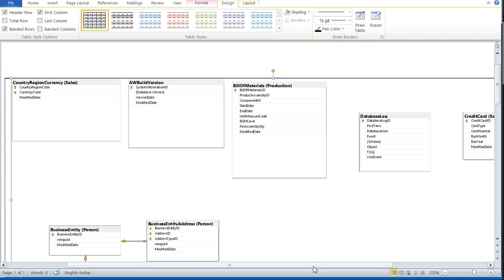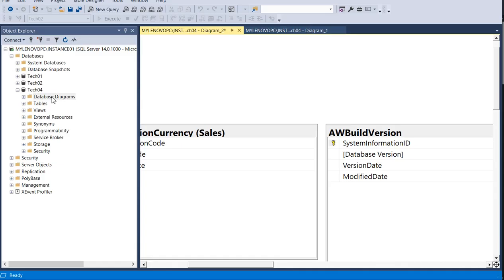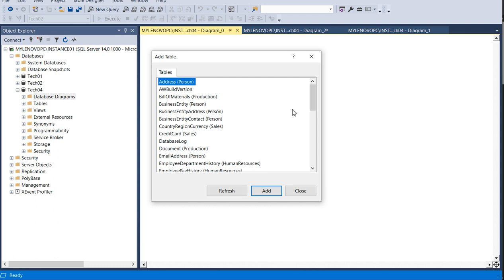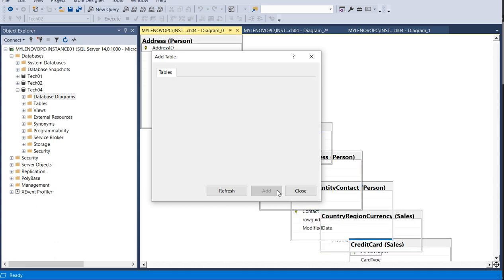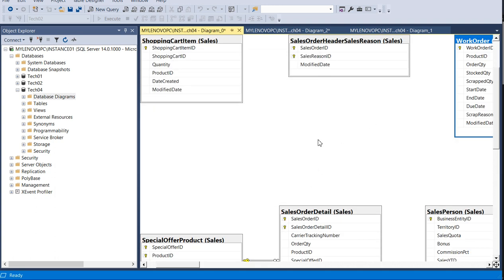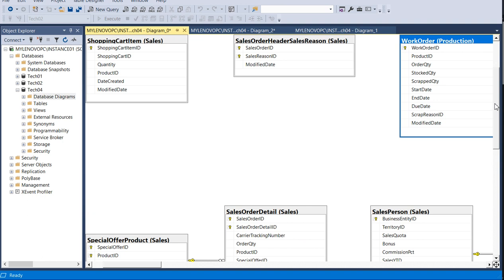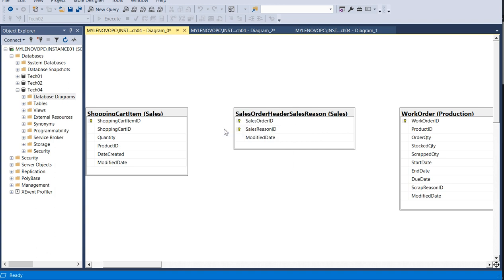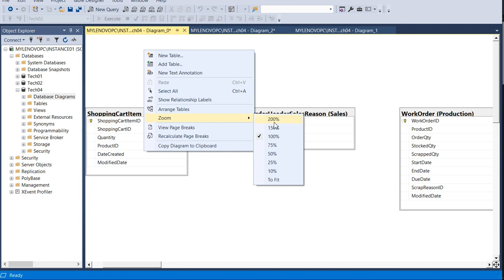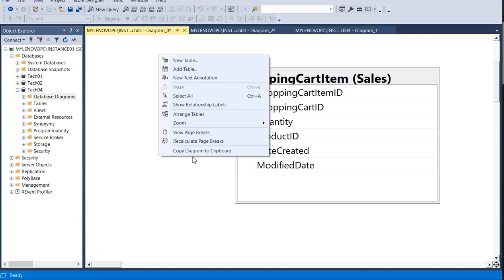If it is not required, when you select all tables, let me show you one second. Let me create another diagram. I will show you what I am trying to tell you. If you select all the tables, sometimes the request is to give all the tables. Okay, so now all tables are here. Now the problem is, if you try to insert, it will not allow. So firstly you need to arrange the tables, and then you can change the zoom to 200, something like that. And then you take the clipboard.